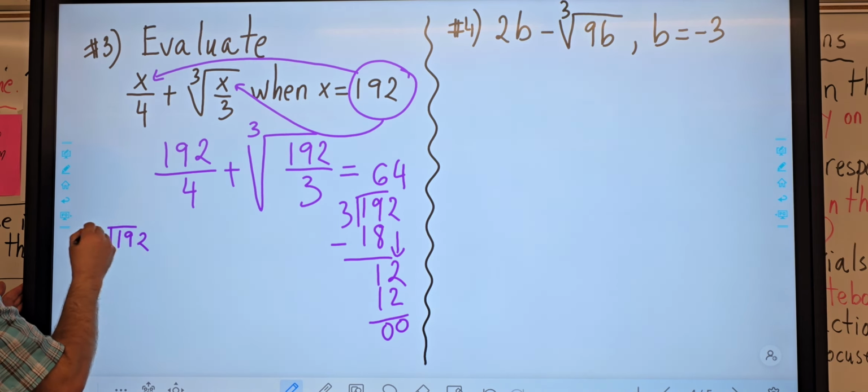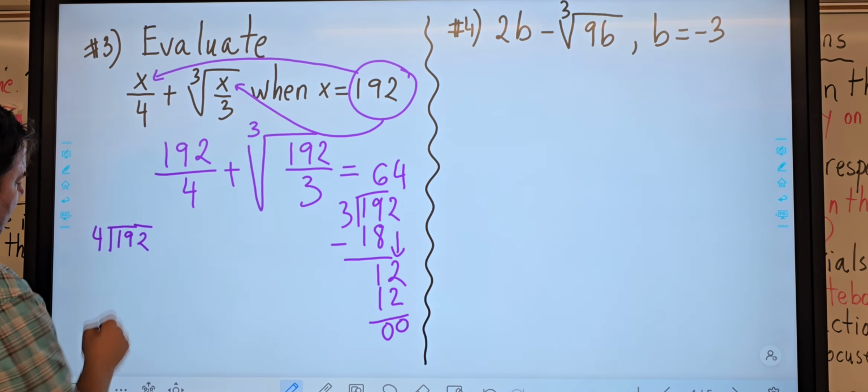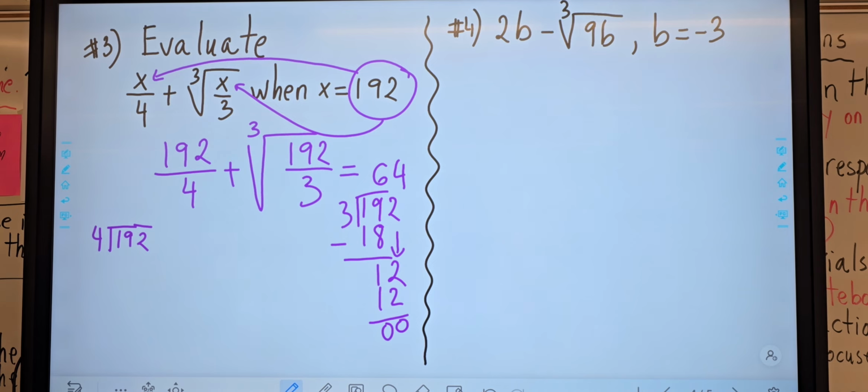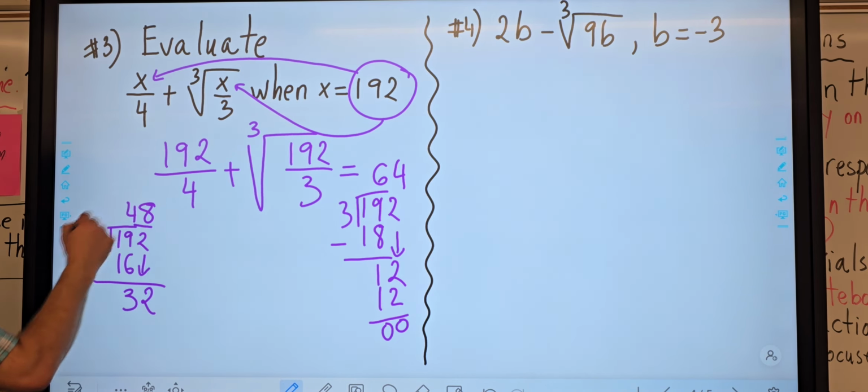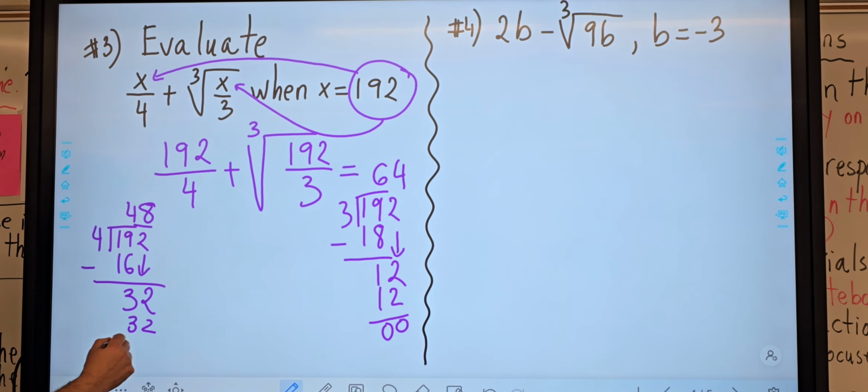192 divided by 4. 4 goes into 19 about, let's see, 4 times 4 is 16. Let's subtract. 19 minus 16 becomes 3. Bring down the 2. 4 into 32 is 8 times. 8 times 4, 32. Okay? So 192 divided by